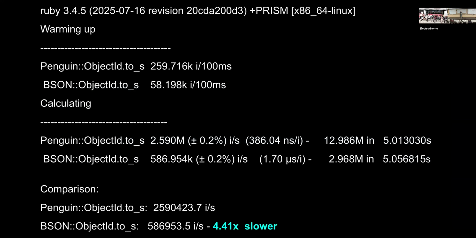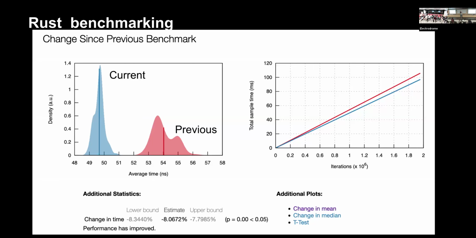And these were the results of that. And it's my opportunity to brag that Penguin was 4 times faster. Like, to be fair, my gem does one thing versus an entire serialization library, but we can ignore that bit. So don't need to look into exactly what is up here, but what I wanted to show is